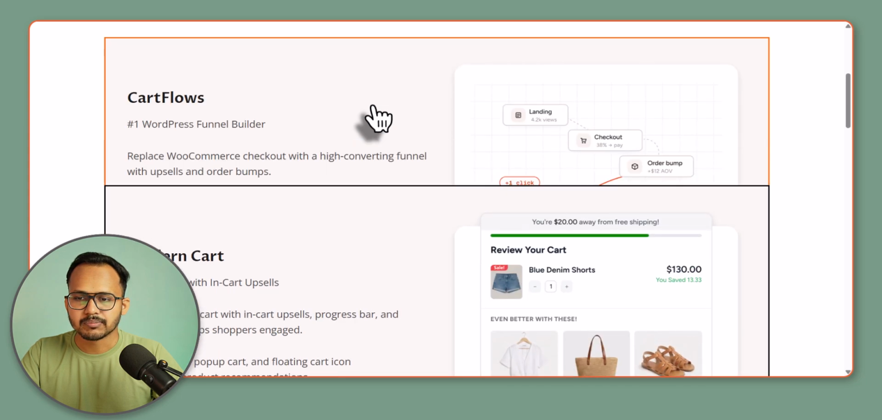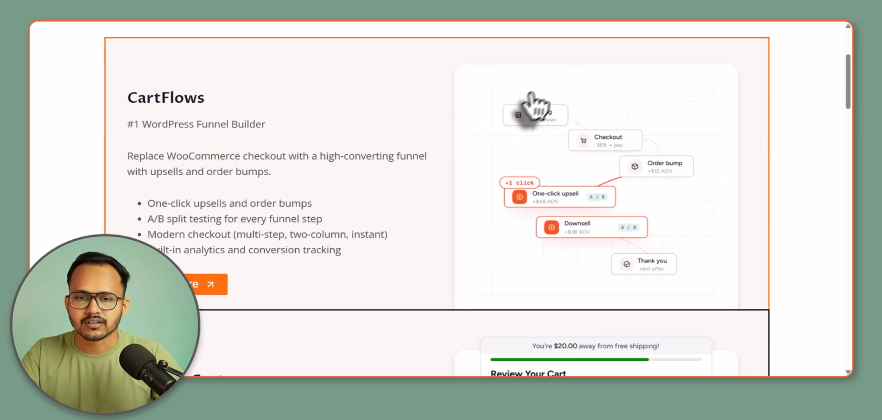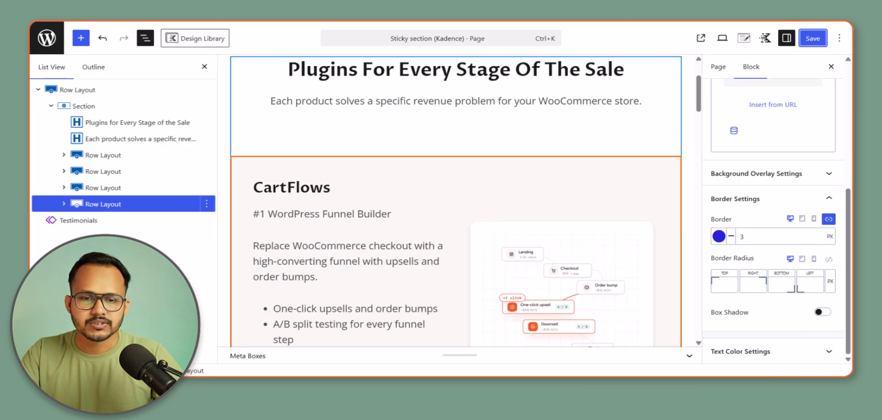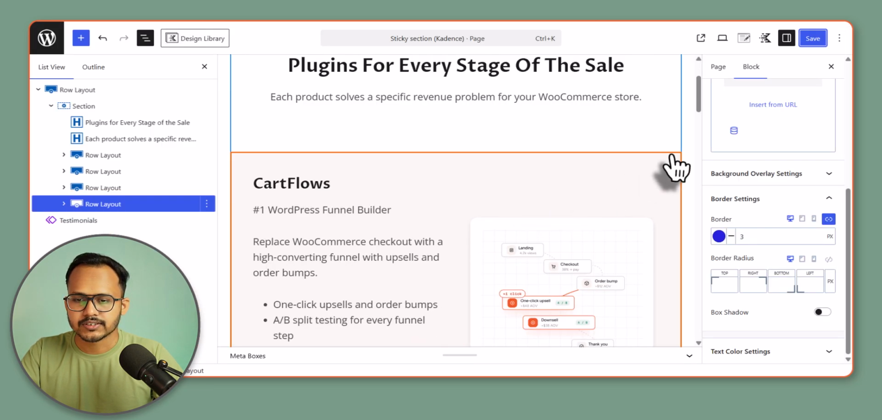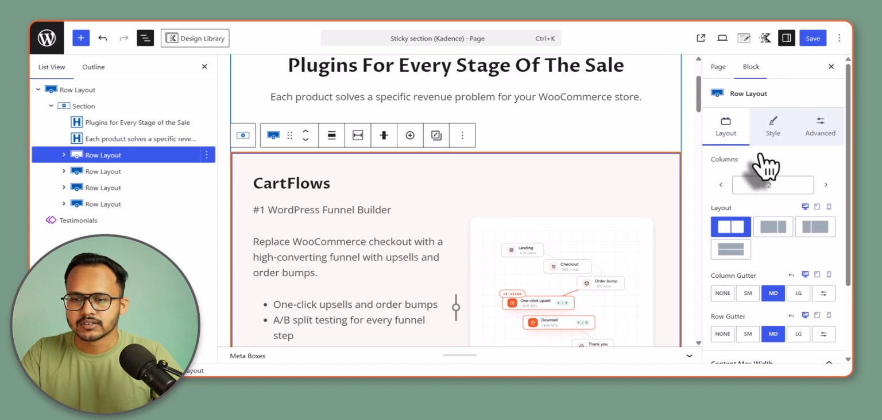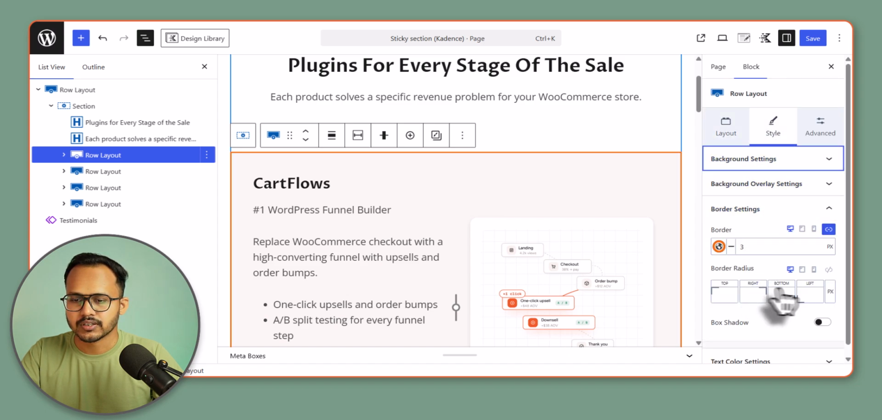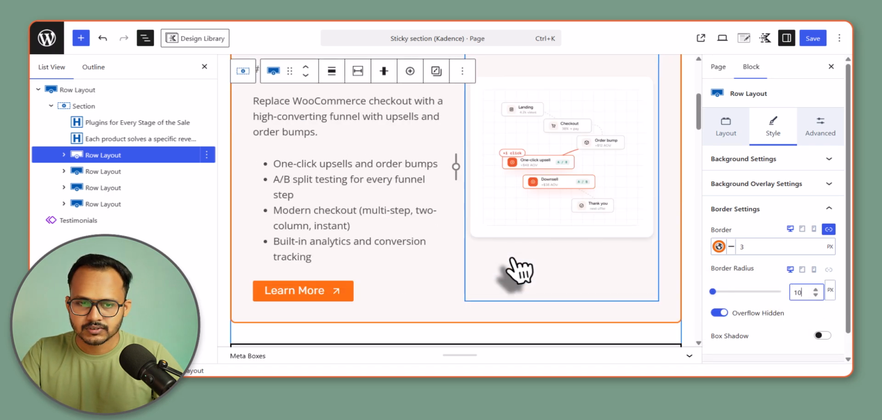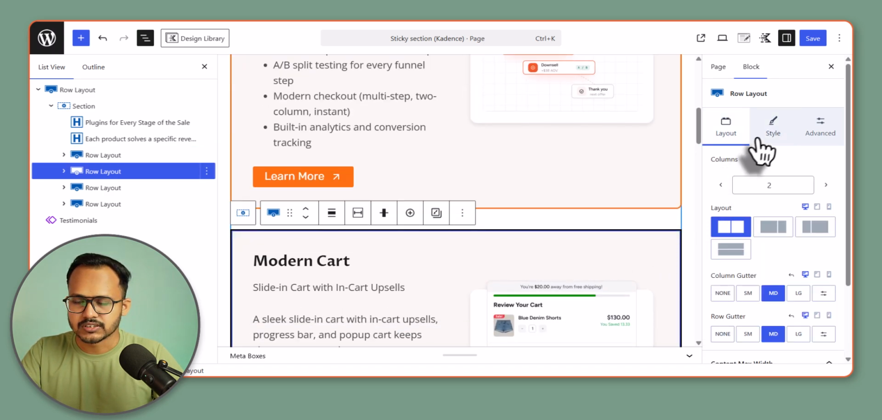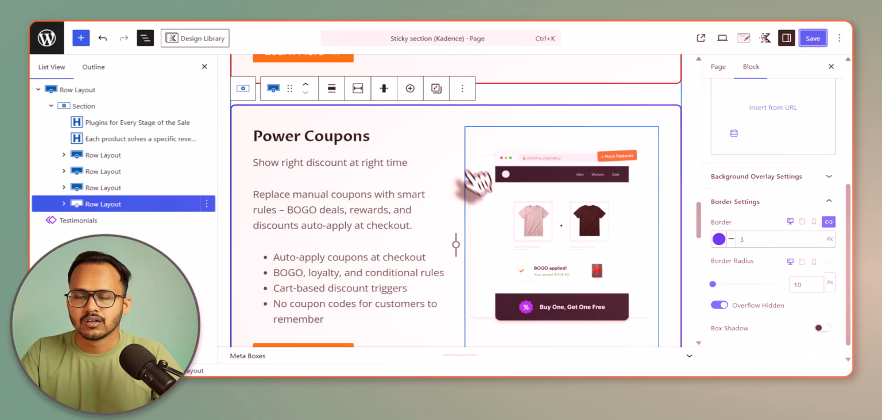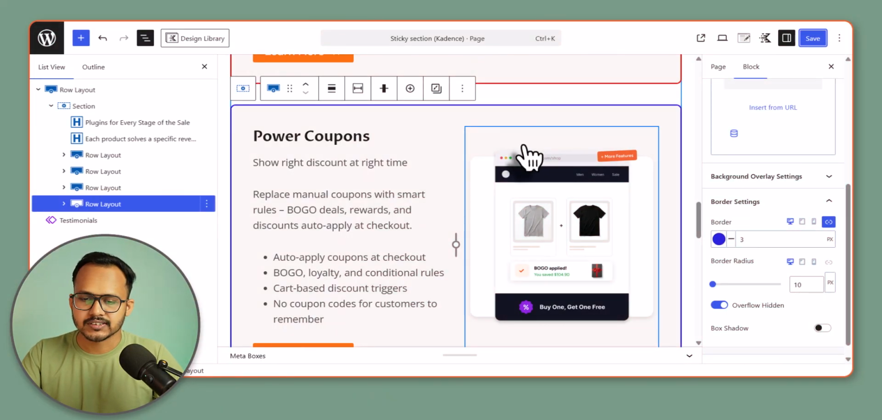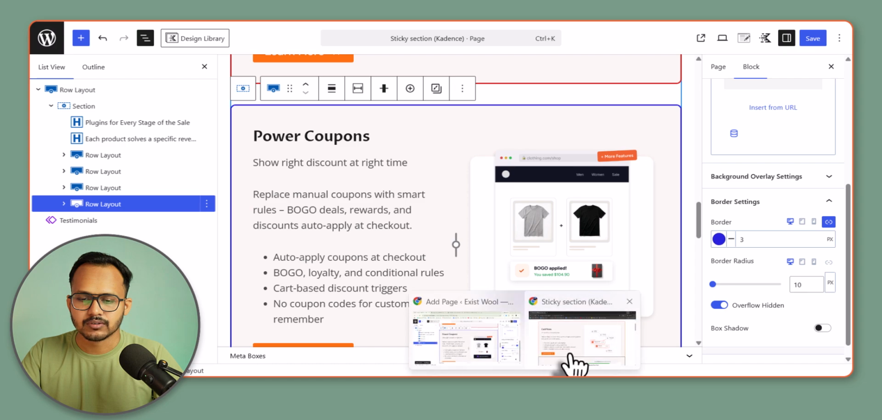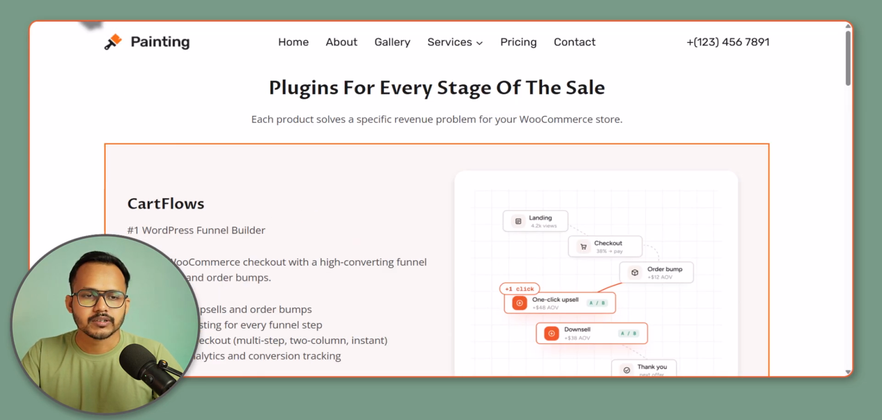So let me add a corner round or border radius. So what I can do is I will go to the first section, and here let's go to border and let's set it to, let's say, 10 pixel. Now let's do the same with all the sections. All right, I have added a border radius as well. So let's see how it looks in the front end. So let me refresh this,